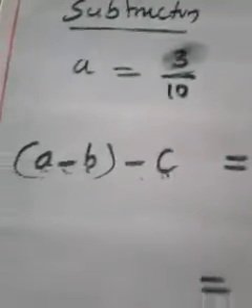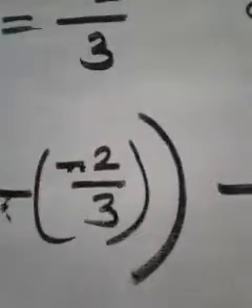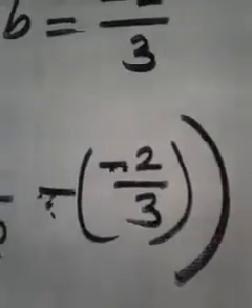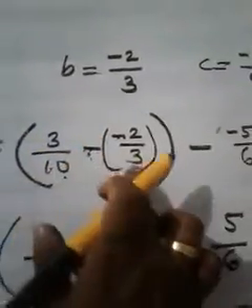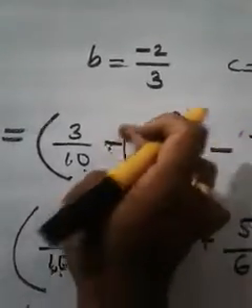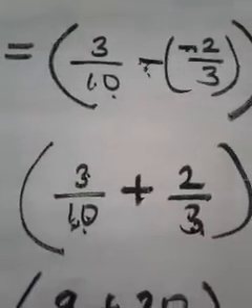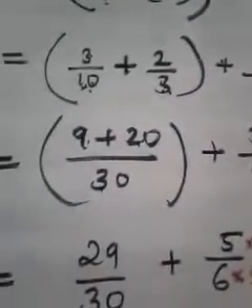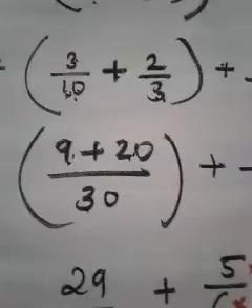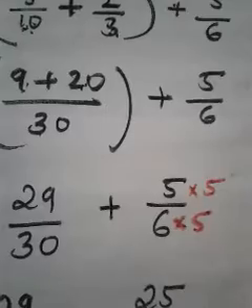Still, let me revise it. Let me explain once again. A minus b minus c is the operation. Then I write it in that way. And since both minus came together, I just gave a bracket. Don't get confused by that. The first two numbers should be in a bracket. This is that bracket, outside bracket, and this is the bracket to separate the 2 minus signs, that much only. And 3 by 10. Then since both minus came together, it becomes plus 2 by 3. Then here both minus came together, it becomes plus. In that way, here I used cross multiplying. So everything is correct. Then I used the LCM method here for a change.